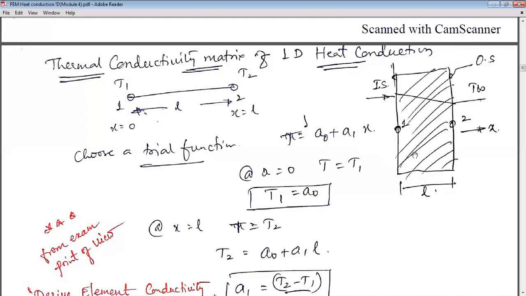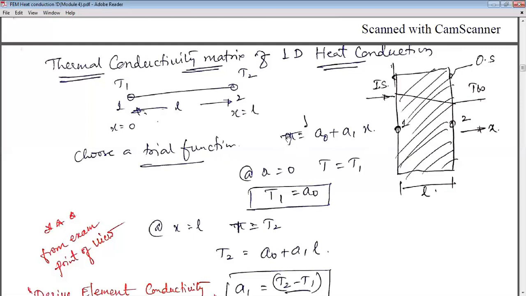There are two nodes, discretize it, 1 and 2. Just look at this: 1, 2, L. These are the boundaries, x equals 0 and x equals L. T1 and T2 are the nodal unknowns. The nodal unknowns are temperatures here, not displacements. In structural problems the nodal unknown is displacement. Now, what is the technique you use in the bar element? Choose a trial function, the way the variation of the unknown occurs. There it is displacement, here temperature is the unknown. There is a linear variation. You have solved a lot of numericals on it.